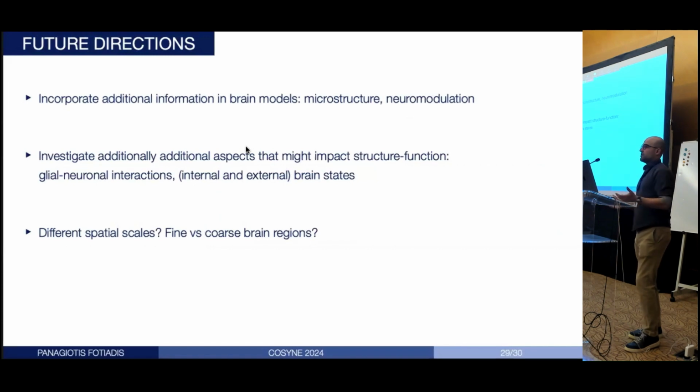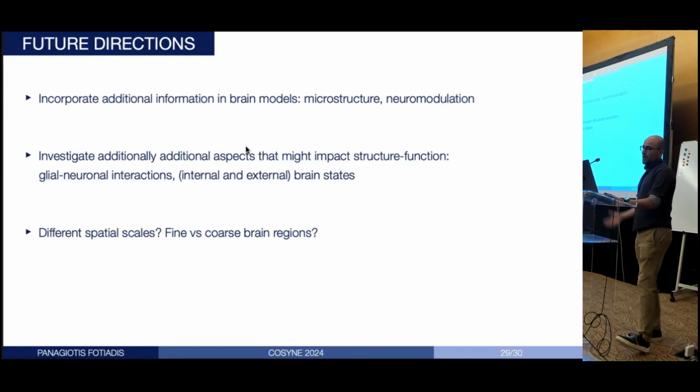The second thing is that this is not the end of the story. Of course, there are a million other biological things that you can study, and some that I think are very important to also incorporate in said models is glial-neuronal interactions. So those are non-neuronal to neuronal interactions and vice versa. I think a lot of people have not been studying that for good reason. I'm not saying that it's an aspect of laziness, but the glial cells are very difficult to capture. And then, of course, internal and external brain states, which is another thing that we've seen changes the relationship between structure and function.